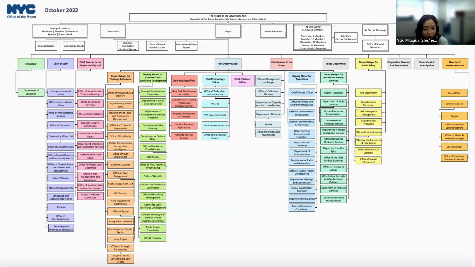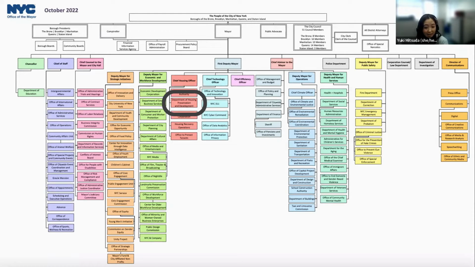So as many of you might already know, New York City government as a whole is a large and complicated organization consisting of more than 70 agencies. HPD reports to the Chief Housing Officer, currently served by Jessica Katz, and we work adjacent to other housing-related entities like New York City Housing Authority, NYCHA, and Housing Development Corporation, known as HDC.